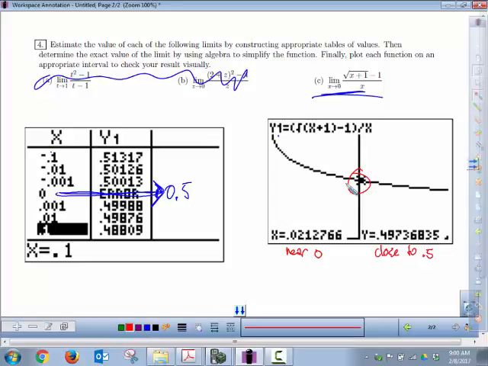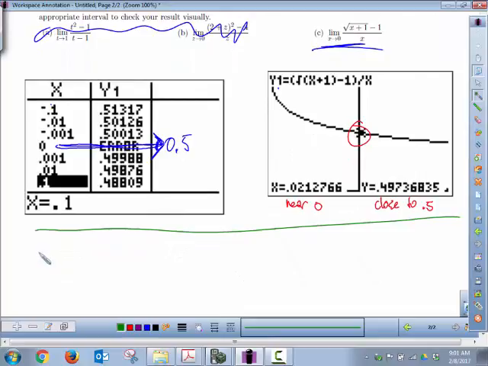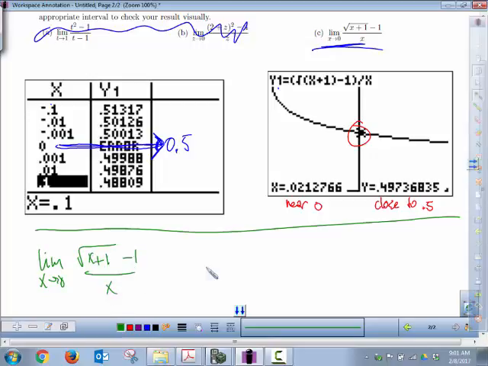All right, so let's do it algebraically and confirm. Hopefully, it actually is equal to 0.5. So if we do it algebraically and we don't get 0.5, then something's wrong. So let's write this down. Limit as x approaches 0 of the square root of x plus 1 minus 1 divided by x. So the first one was pretty easy, right? Just